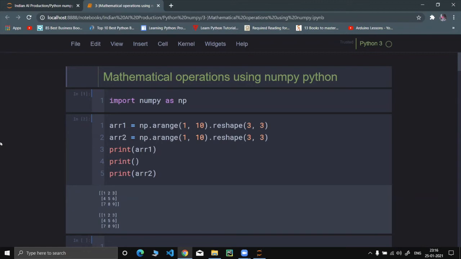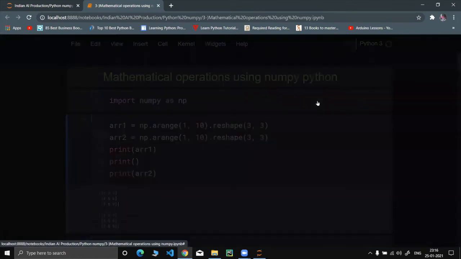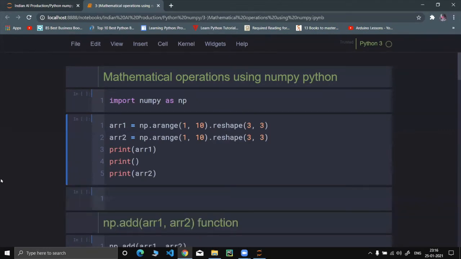Go ahead, Siddesh, please. Okay. In the previous notebook, we saw the use of the arange function, right? Now what we'll do is create two arrays of 9 elements and convert them into 3x3 matrices.